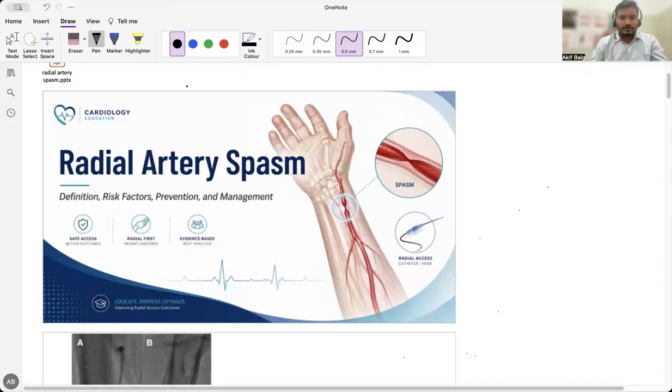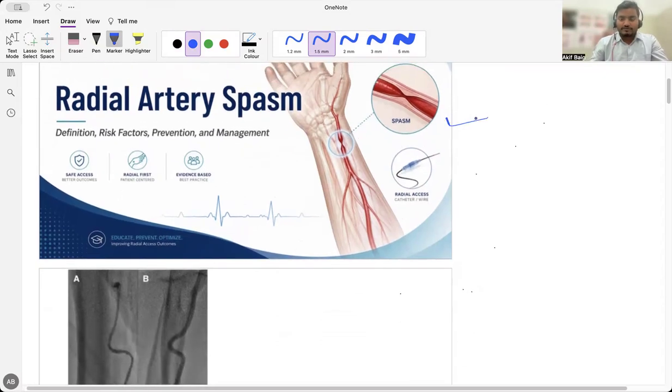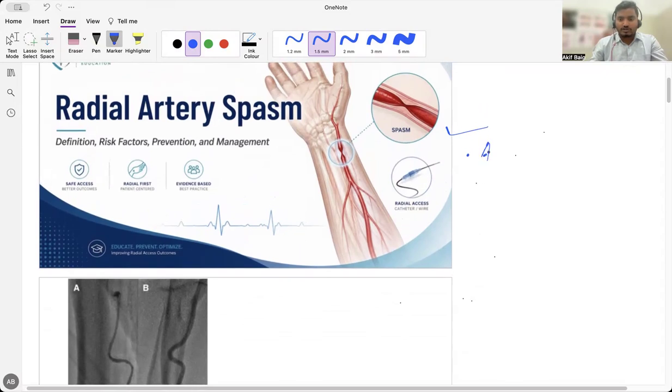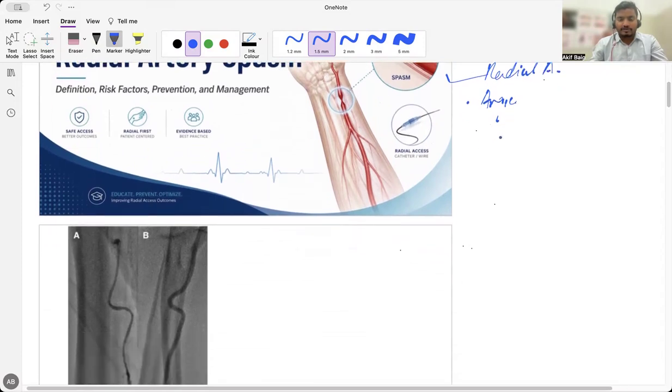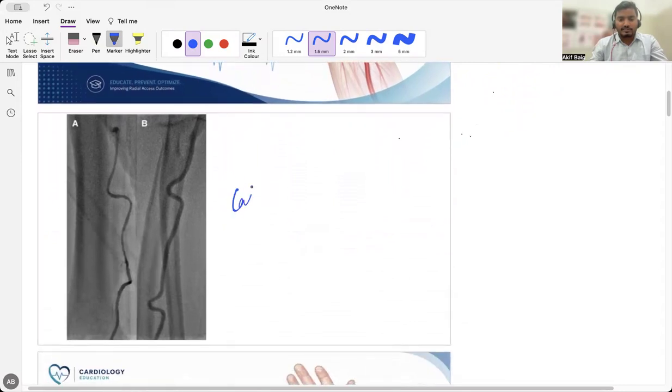Hello everyone. Today we are going to talk about radial artery spasms. This is a common complication which we face as interventional cardiologists whenever we do an angiography or any procedure using a radial artery. Many often patients get severe spasm of the radial artery and then we are unable to pass the catheter